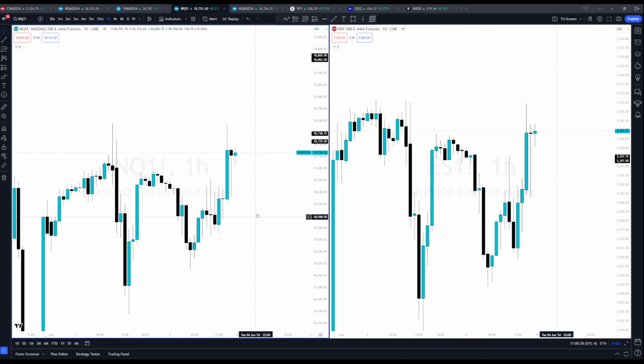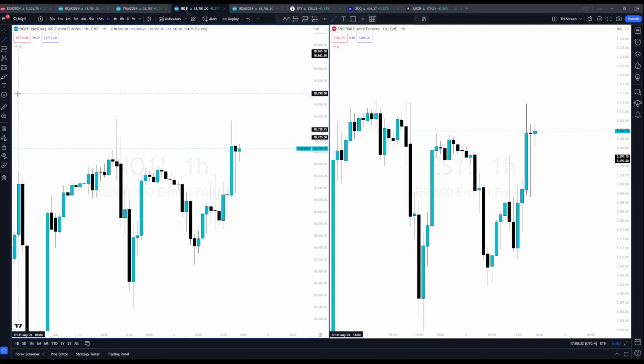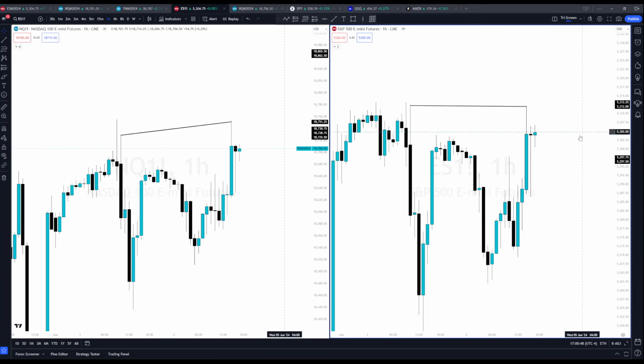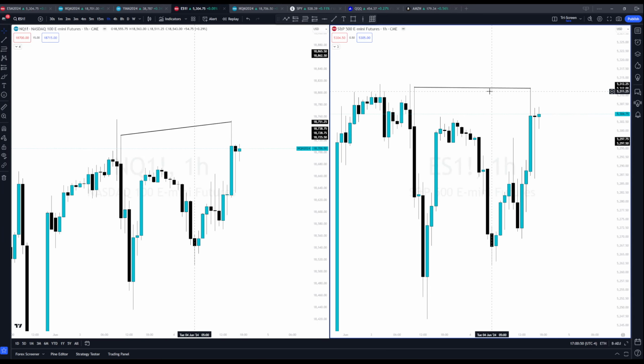SMT, right? So if we look at NQ, this was the daily highs yesterday. This high right here, the daily high's hourly candle, I should say. NQ took it. Yes, if you look at it, it got very close, but did not take it. You see, it kind of goes down a little bit. It did not sweep, so we had an SMT there, right?